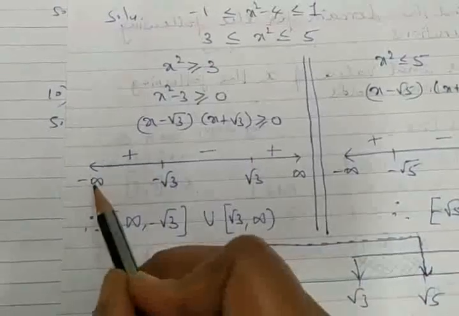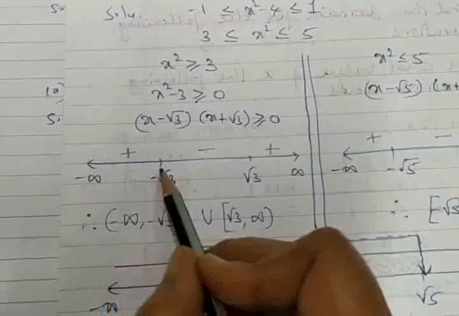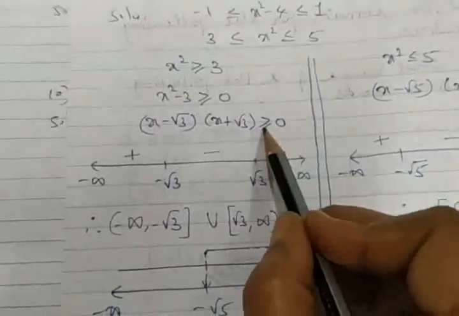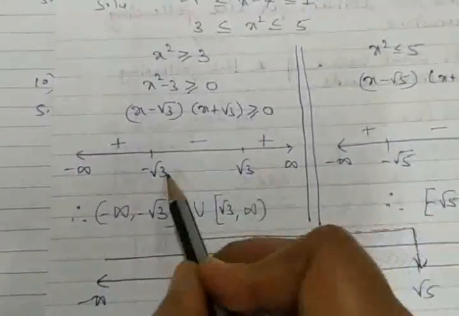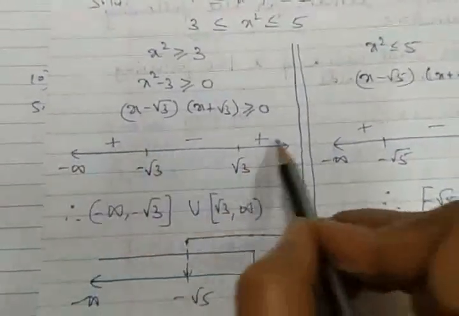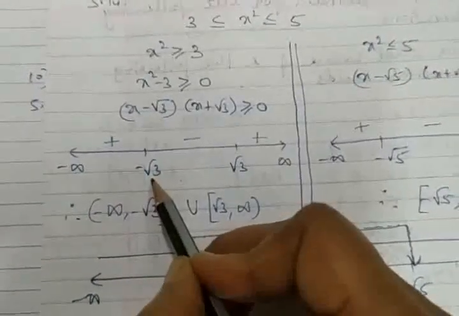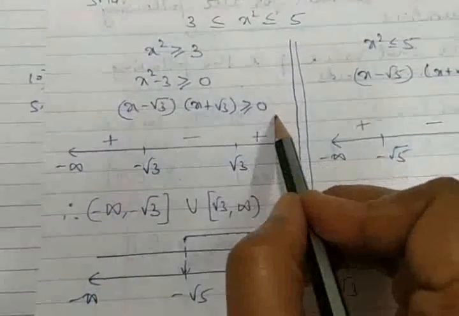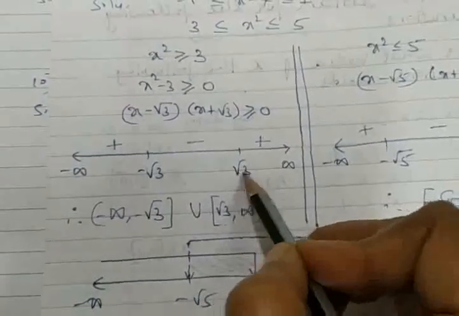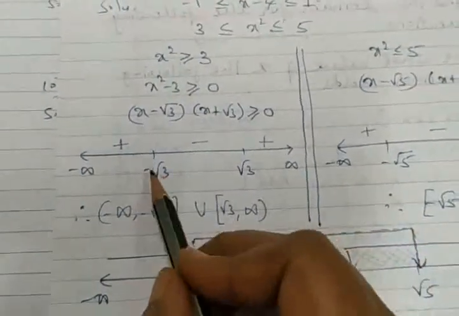That means from minus infinity to minus root 3, in this whole interval there is no chance of getting 0, no chance of getting equal to 0. Because if I say equal to 0, I have got only 2 roots. These are the 2 roots. So leaving these 2 roots, the whole number line can be divided into 3 parts. There is minus infinity to minus root 3, which will give a particular sign. From minus root 3 to plus root 3, it's one more interval for discussion. And root 3 to infinity, it's one more interval for discussion. Got it?